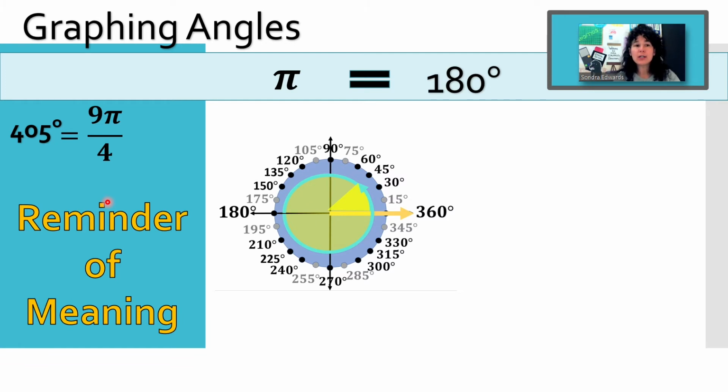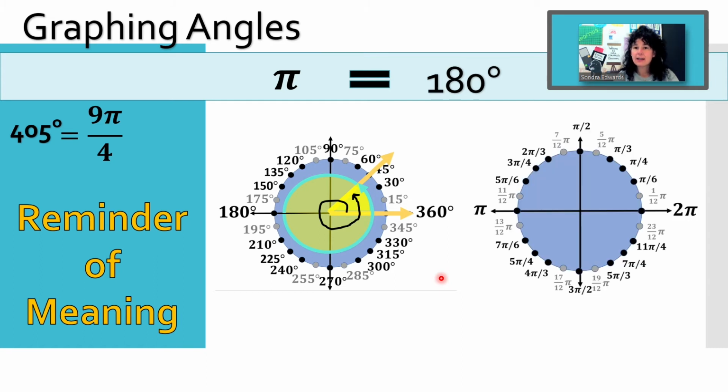Once we get to 405 degrees, you use these spiral arrows to say this is where I started, and then you just start spiraling around until you get to that terminal side, and there we have the graph of 405 degrees. If I do this in radians,